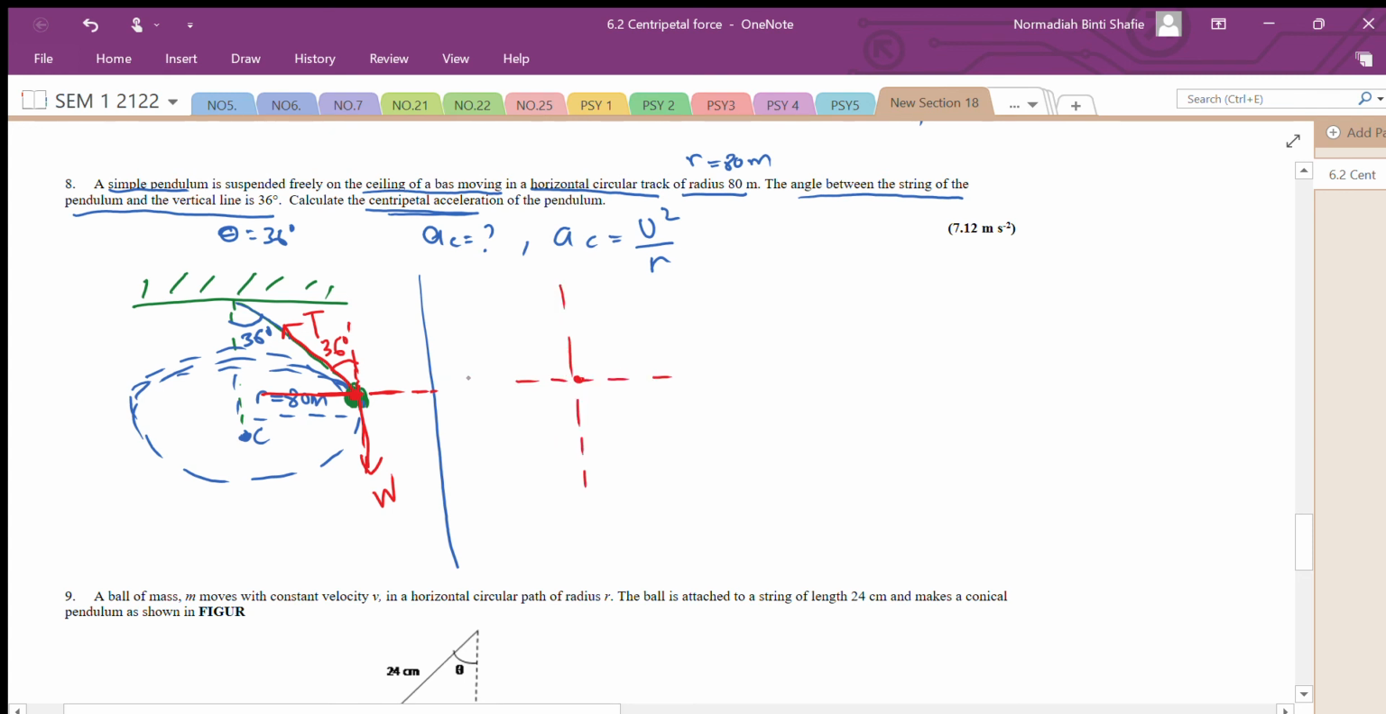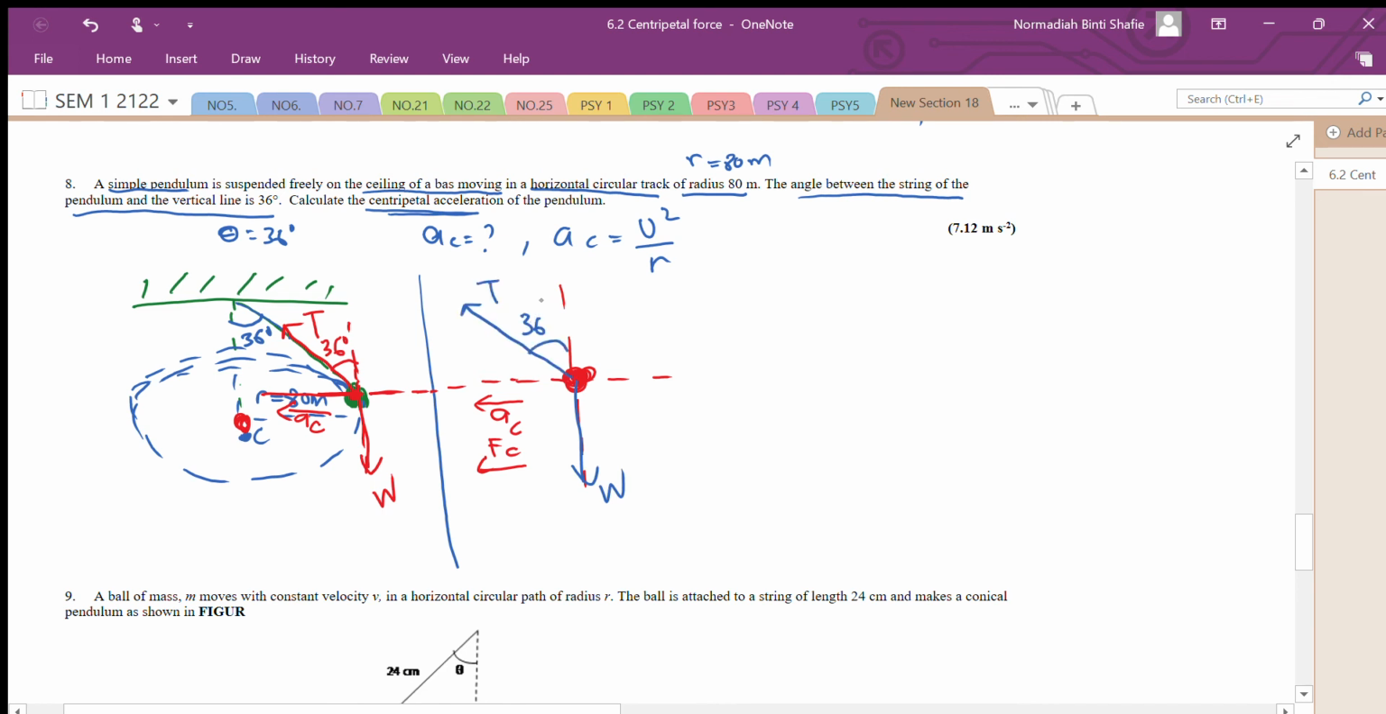Okay, before that, kita punya centripetal acceleration. Direction to centripetal acceleration always towards the center. So, ini kita punya centripetal acceleration. Okay, kita punya FC pun same direction. Ke kiri lah. Okay, ini pendulum bob kita. Okay, and then kita ada weight. Kemudian kita ada